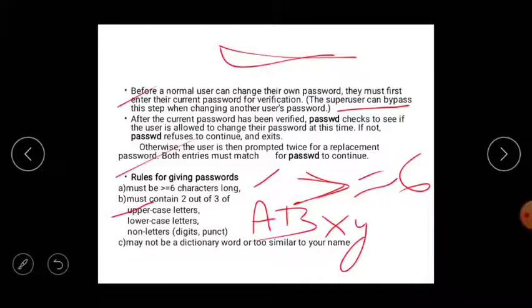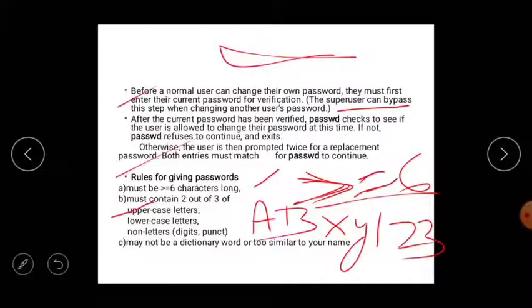Here A, B are upper case, x, y are lower case, and non-letters means we can enter digits, like 1, 2, or 1, 2, 3 also. They said it must contain 6 or more characters.